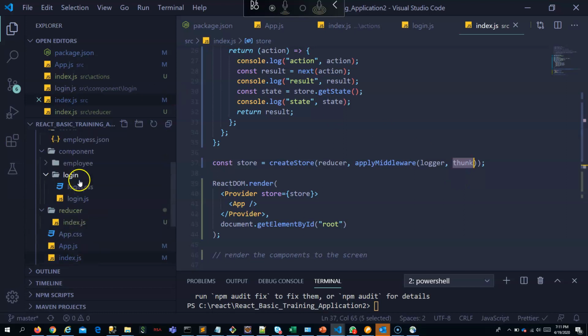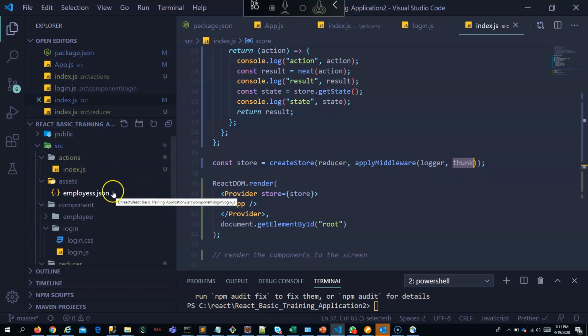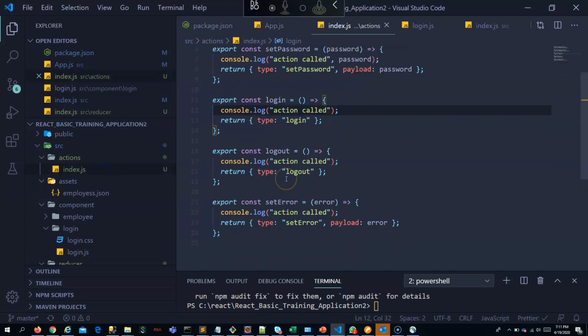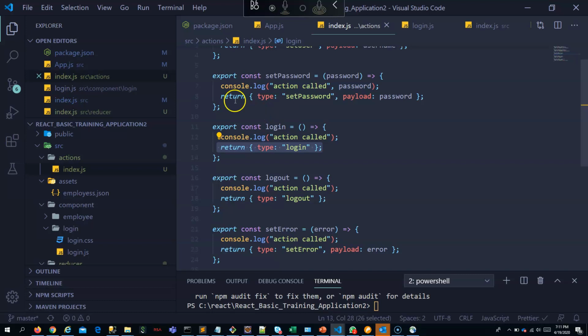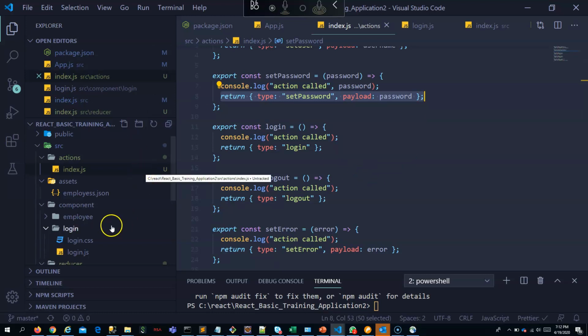Now I can write the action asynchronously. Before, we had to return synchronously. Here we have returned all the actions synchronously, because we can't delay them directly. Whenever set password is called, we are sending it at that moment to the reducer. But in the case of employees, we don't know the employees yet. We have to get them from the server, so we have to delay passing to the reducer, because we can pass it to the reducer only when we have the employees, right?